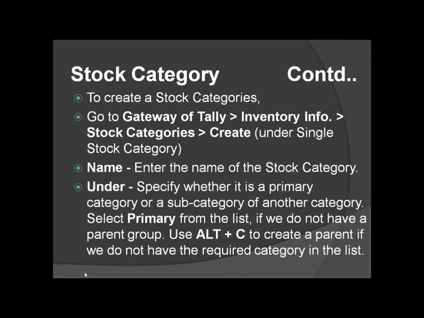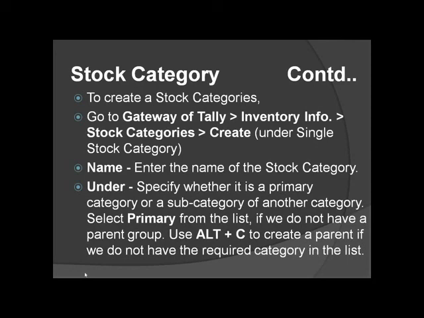Select primary from the list if we do not have a parent group. Use Alt+C to create a parent if we do not have the required category in the list. It means the category which you want to create